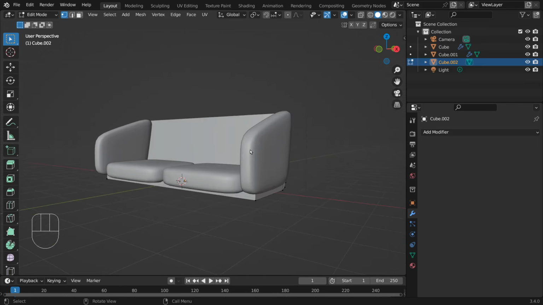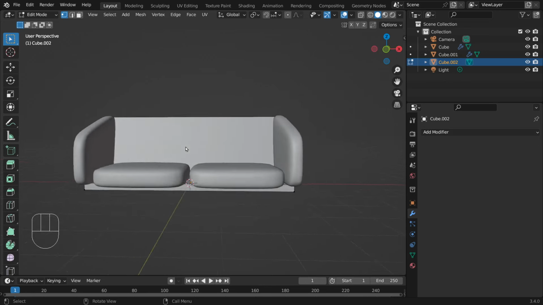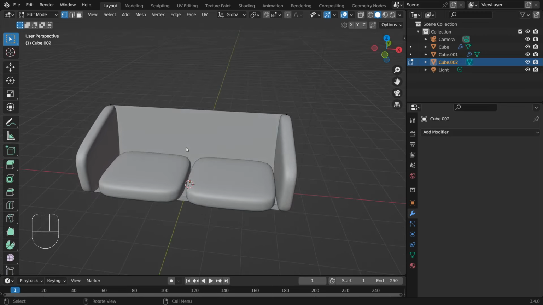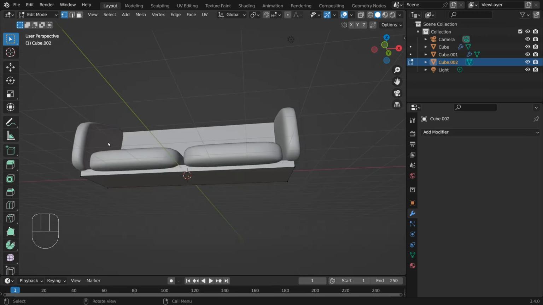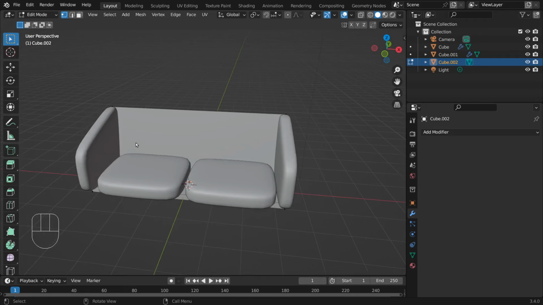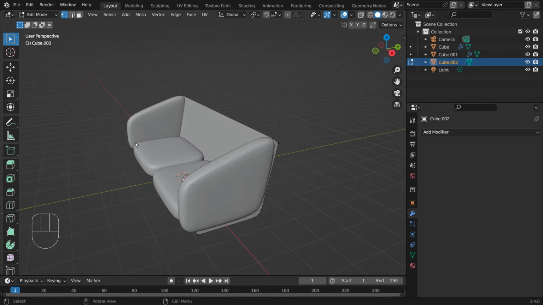And I think in the next video I'm going to finish all this detail and maybe add a sort of blanket on it, or maybe add some sort of simulation so I can get much more realistic. And of course you're going to add texture on it in order to bring